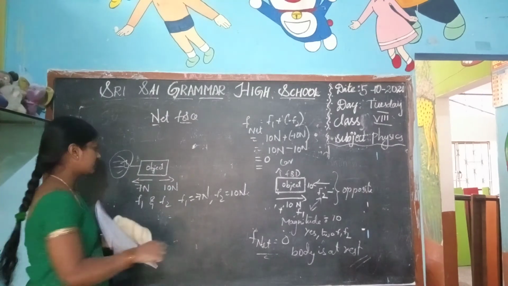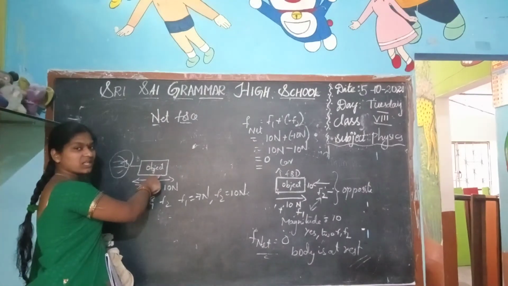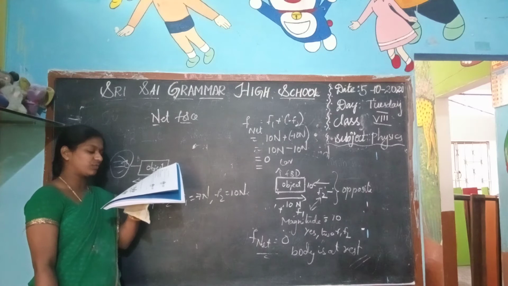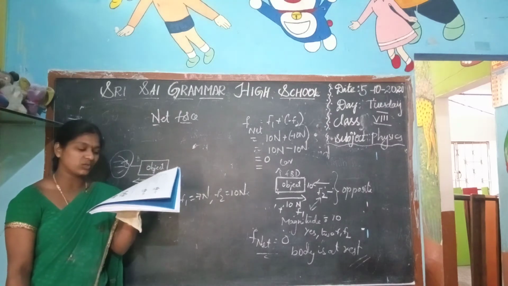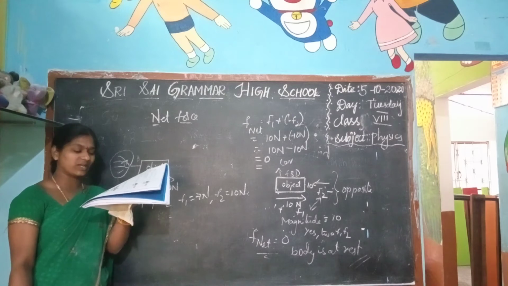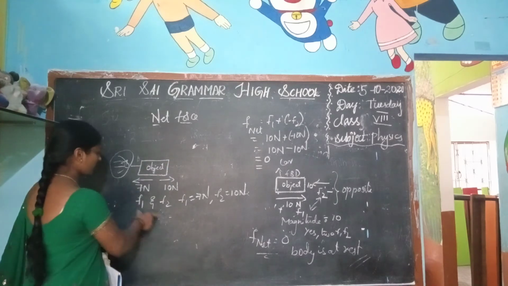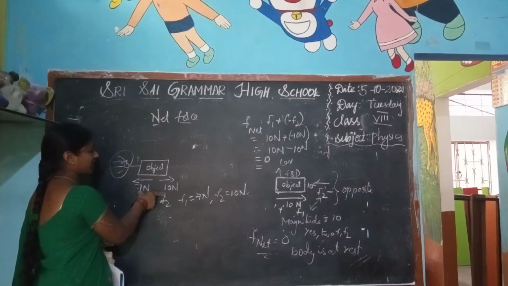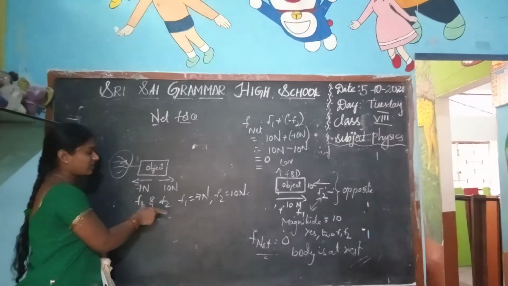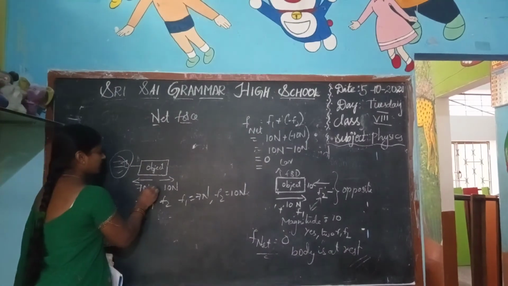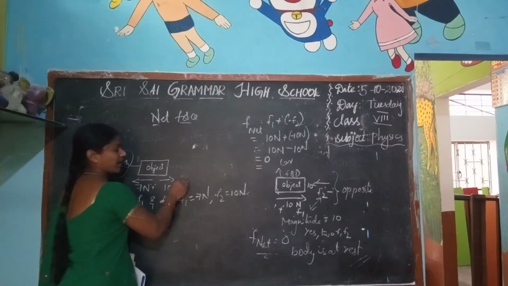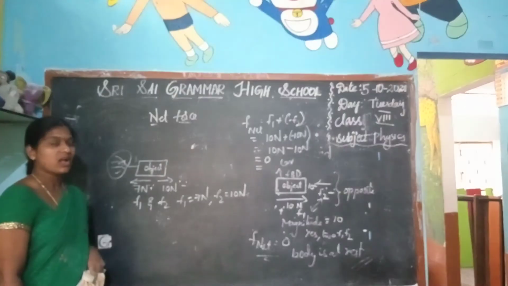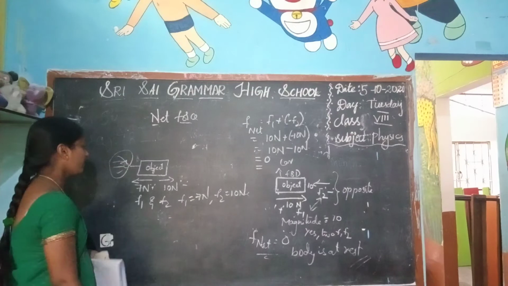On this same car which is in motion, two forces are acting. Both the forces are in opposite directions to each other. So the direction of F1 is positive and the direction of F2 is negative. One is acting as plus and the other as minus. Now let us see how to identify the net force when the body is in motion.